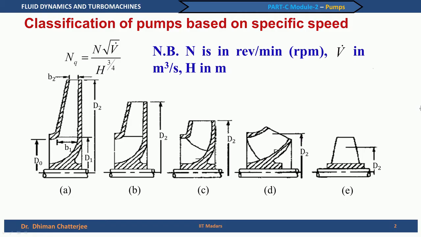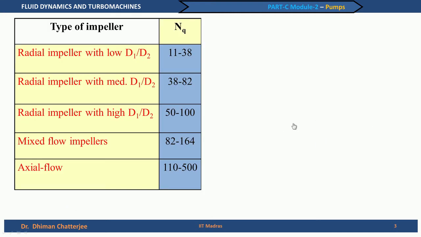If you are given the task of designing a pump, we should first ask ourselves what the specific speed is. We need to have some charts to know what range the specific speed falls in and what the impeller shape should be: A, B, C, D or E. This is the guideline given for the type of impellers that we can choose for different values of specific speed. And we see that between 11 and 38 we have radial impellers with low d 1 by